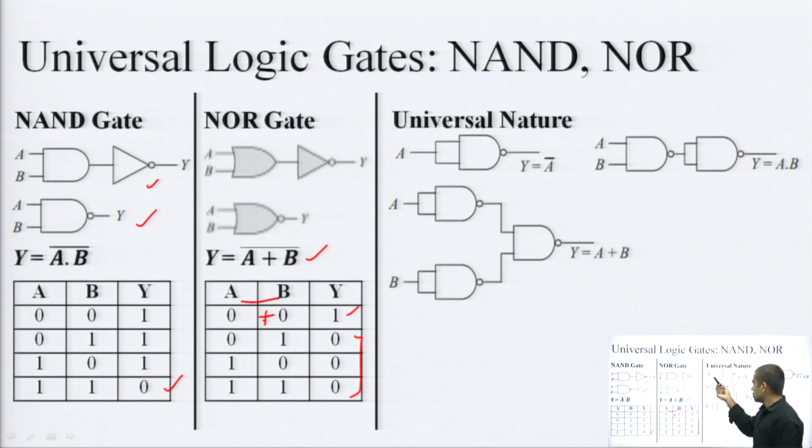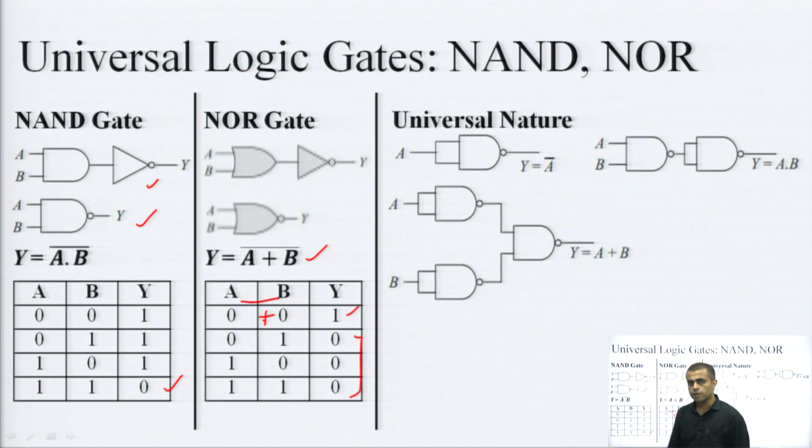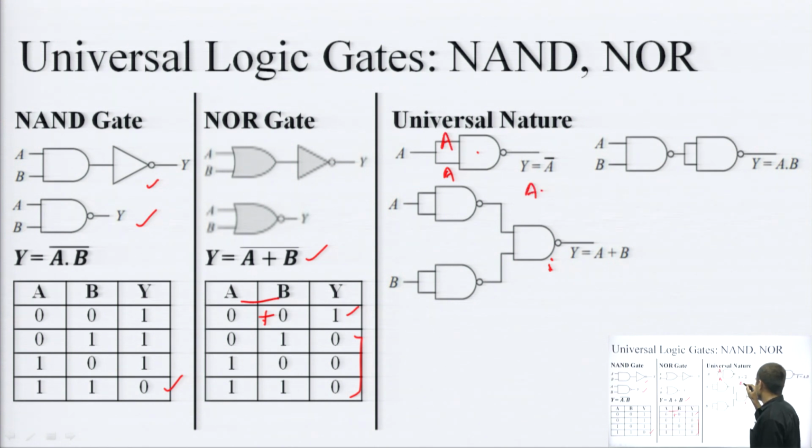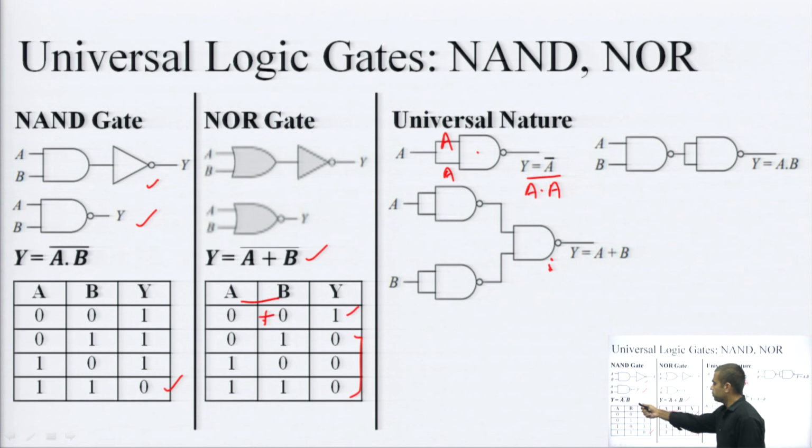To prove the universal nature of NAND and NOR, some of the structures are shown here. If I club the 2 inputs of a NAND gate, so this is a NAND gate, if I club these 2 inputs A and B and merge them into a single one A, like this, now both the inputs will be getting A. Okay. So, A into A, complemented, this will be equivalent to A into A complement. This is the expression for NAND gate, and A into A is equivalent to A. That is why I am getting y is equal to A complement.